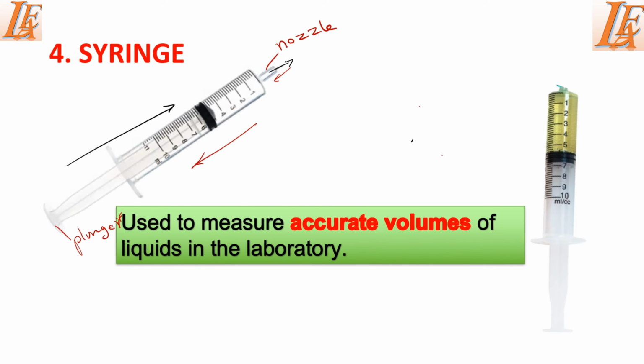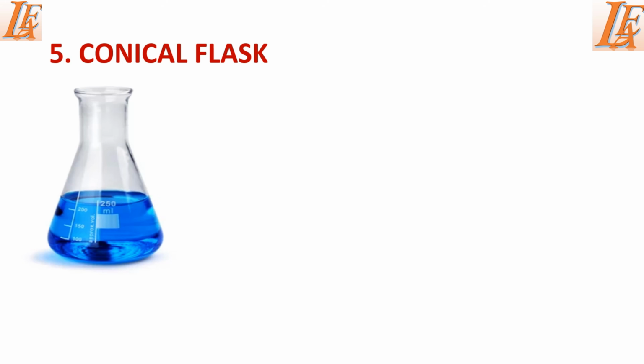So just like a volumetric flask, just like a burette and a pipette, this syringe is also used to measure accurate volumes of liquids in the lab. The fifth apparatus is a conical flask, and a conical flask is a glass container with a broad flat base,